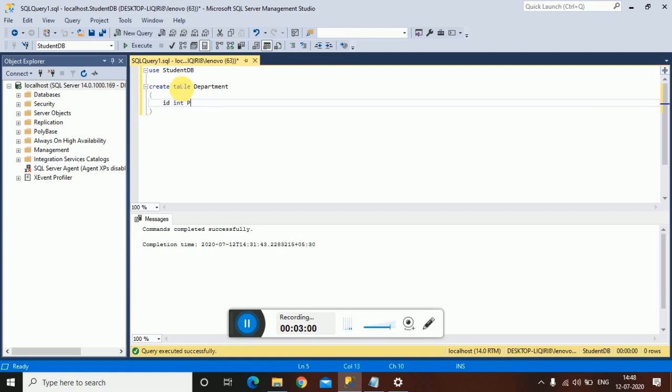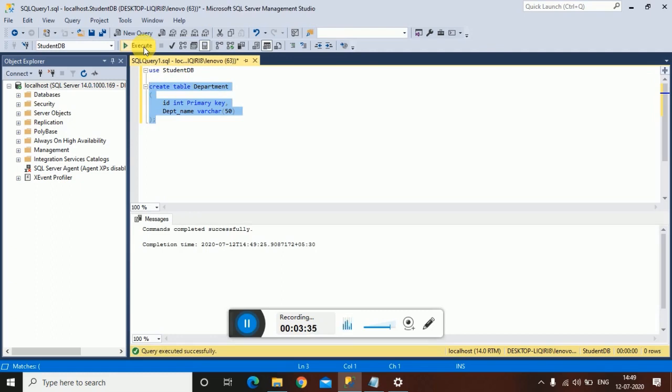I will specify it as a primary key. And name column, dept underscore name, data type as varchar. So this is the way in which we can create a primary key.